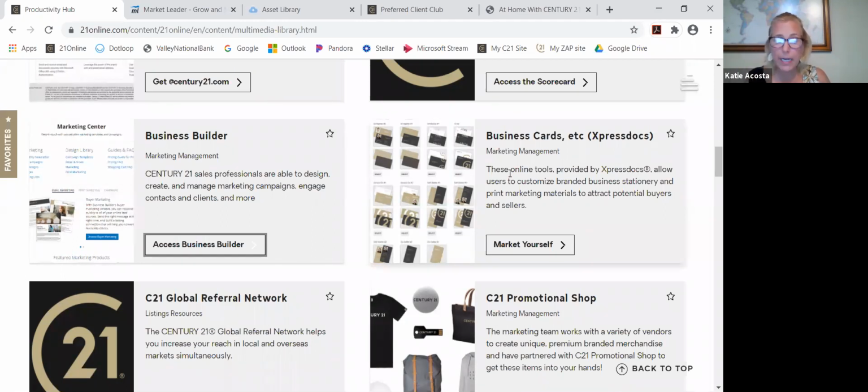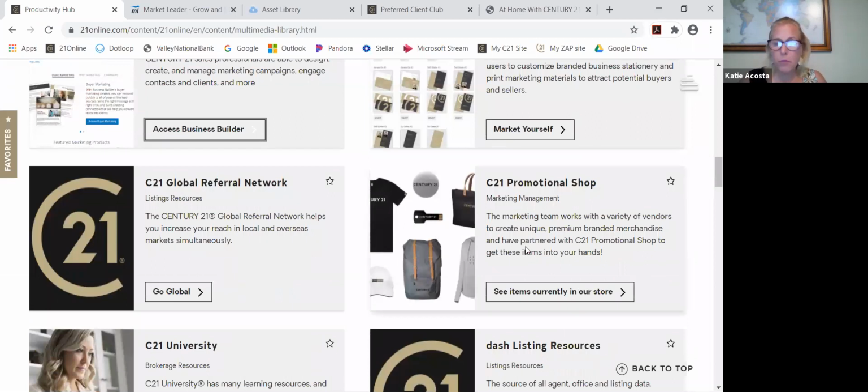Bestprintbuy.com, printerbees.com. My favorite is realty-cards.com. So there's a lot of great places to order your business cards, but this is one option for you if you haven't done that. Also, if you're in the mood for some shopping, you also have a promotional shop here